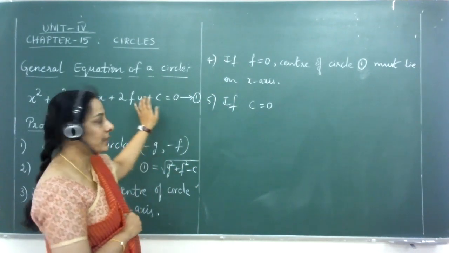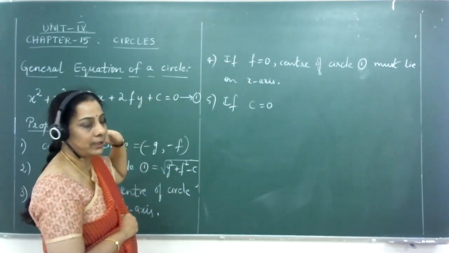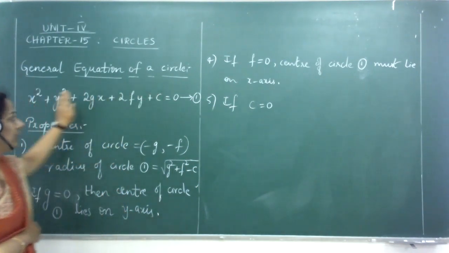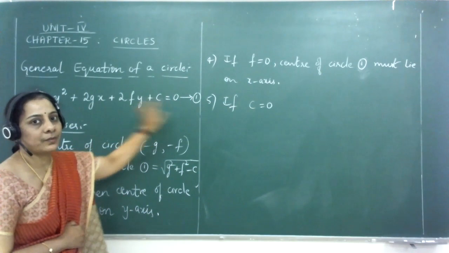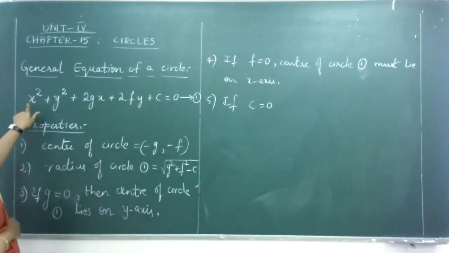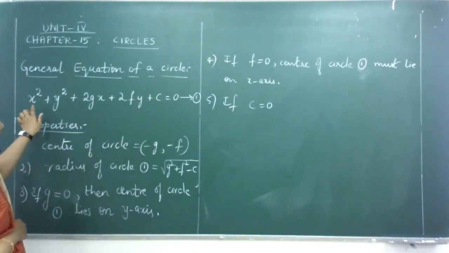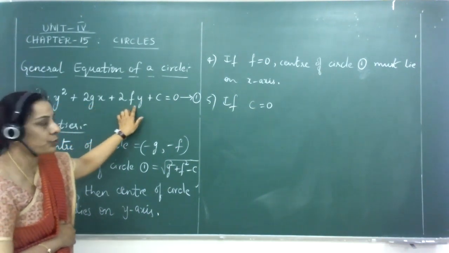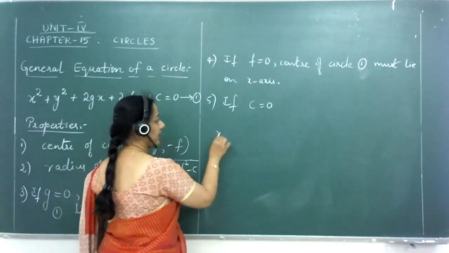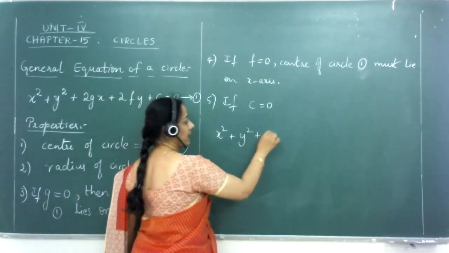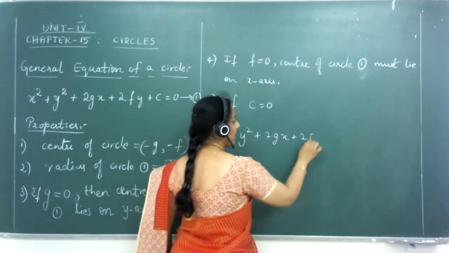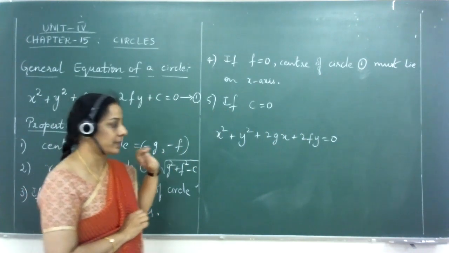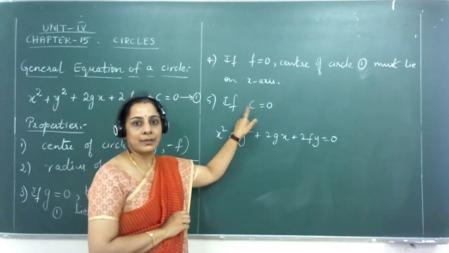So if c equal to 0, then what happens to equation 1? Clearly, when I take the value for c equal to 0, the non-zero part in the equation of the circle will have only 4 terms in it. You will have x squared plus y squared plus 2gx plus 2fy is equal to 0, isn't it? Equation 1 will become x squared plus y squared plus 2gx plus 2fy is equal to 0. There will be only 4 terms in the equation of the circle with c taken as equal to 0.